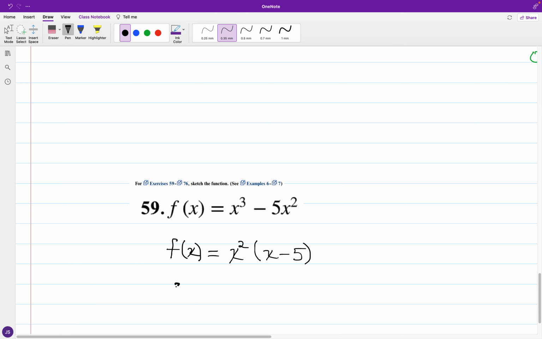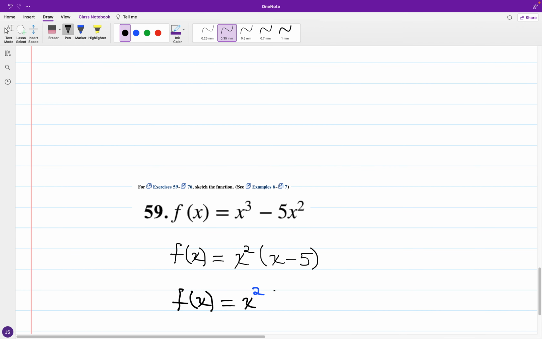Rewriting this, I'm going to highlight the degrees. Again, I have x to the second, and implicitly from the factored form, x minus 5